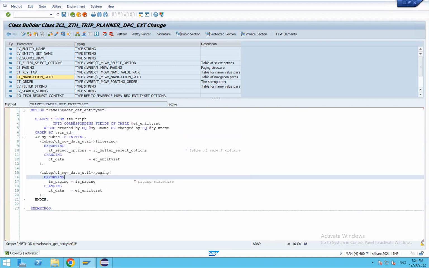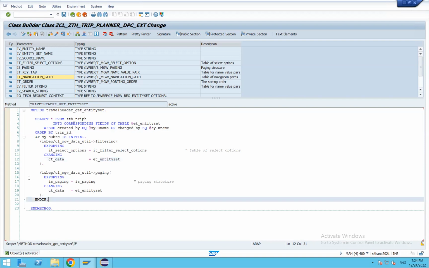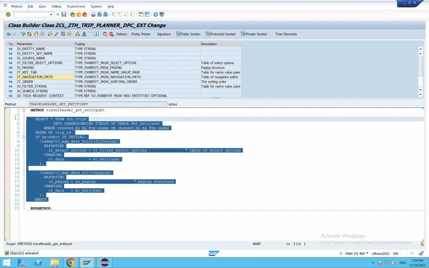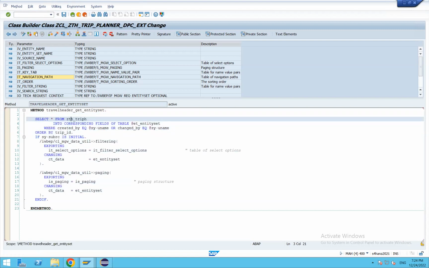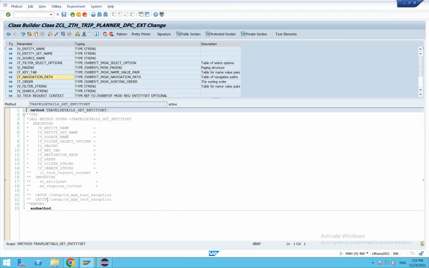So now it's done from the travel header entity set point of view. I think it's going to be the same for travel item as well. So these are all simple stuff. Travel details get entity set. Let me go inside